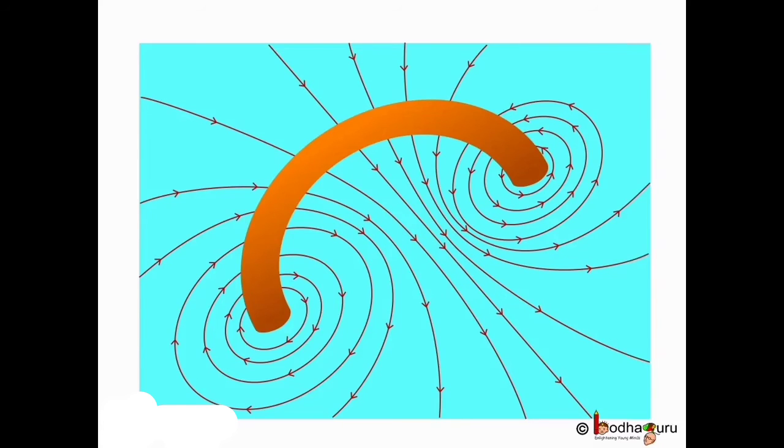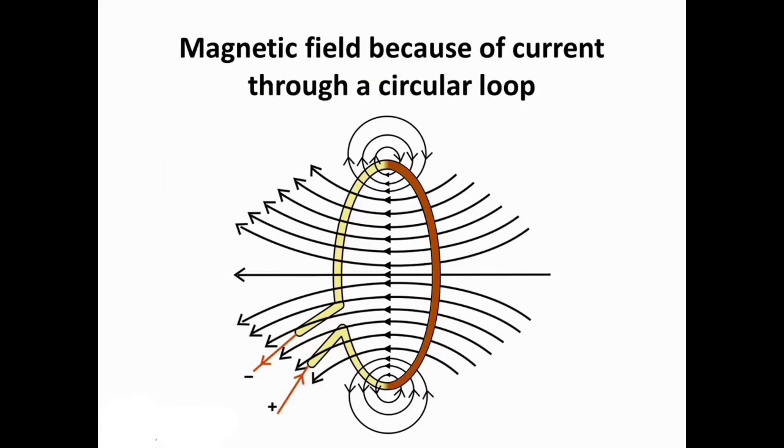Thus, we can say the electric current in a circular loop creates a magnetic field which is more concentrated in the center of the loop than outside the loop. And examining the direction of magnetic field produced by a current carrying segment of wire shows that all parts of the loop contribute magnetic field in the same direction inside the loop. Now, if we visualize the result in a 2D plane, it would be like this.